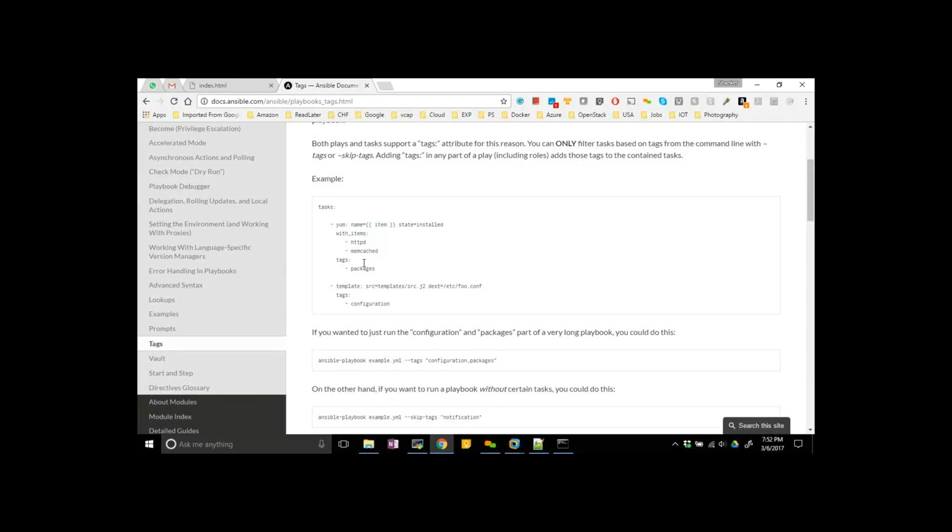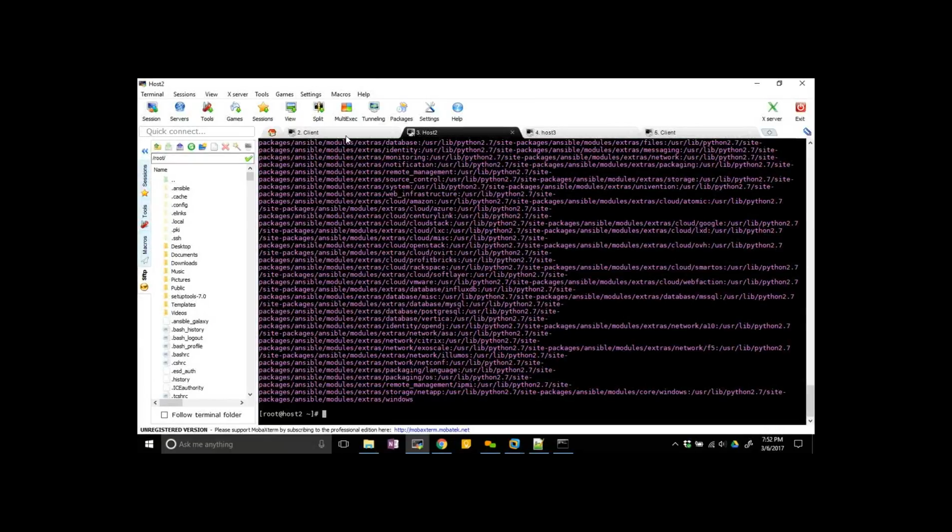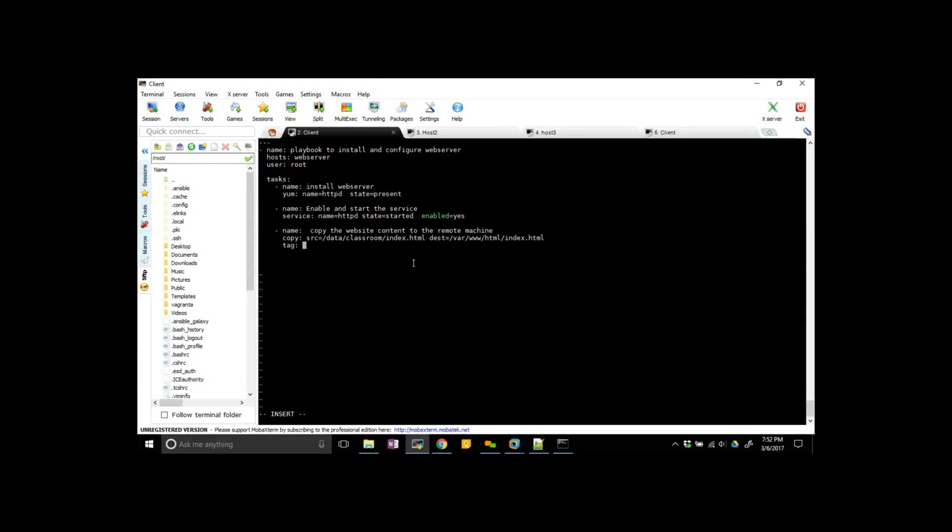This is the way we can give the tags. That means tags, I say content. So I define this particular task, tagging it as content.